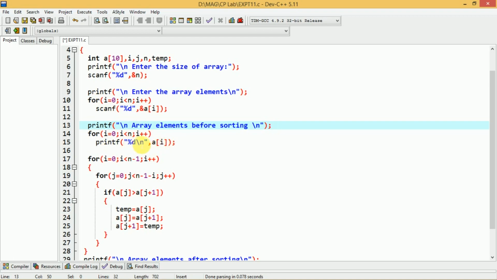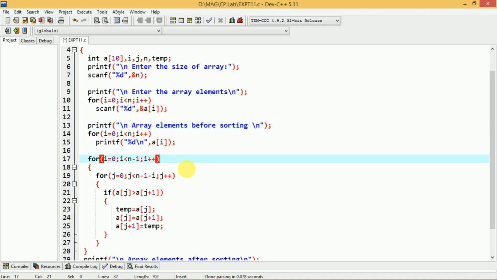Why slash n? Because I want every element to be displayed on the next line, so that the elements will be displayed one below the other. So now we have read the size of the array, we have read the array elements, and we have displayed the array elements before sorting.